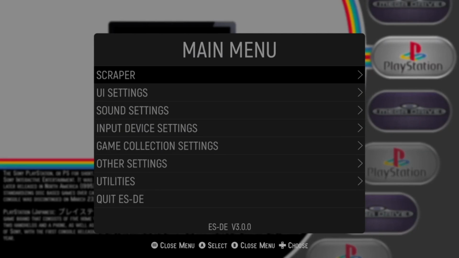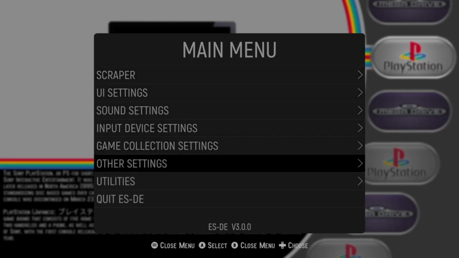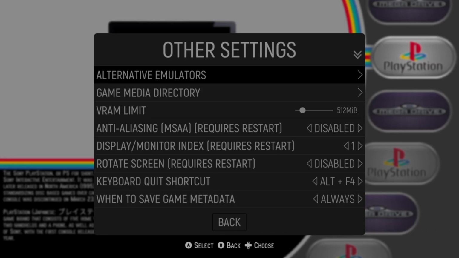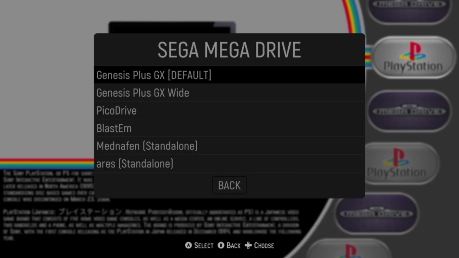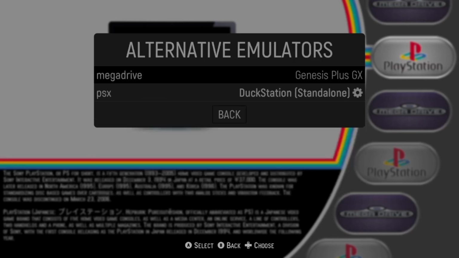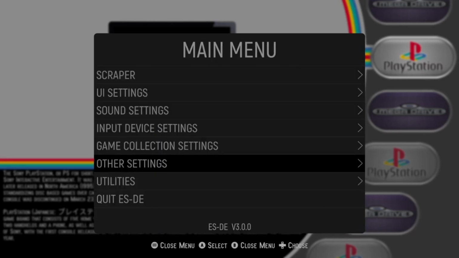Lastly, what I'm going to suggest doing is, if you don't have the correct emulator or core setup to run these games, your game is going to bounce back on you. So in this case, from main menu, if we go down to other settings, alternative emulators. Now, Mega Drive Genesis Plus GX is selected as default. This is going to be running through RetroArch. So if I open up my Mega Drive game,